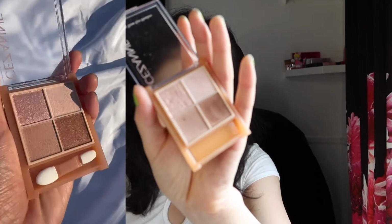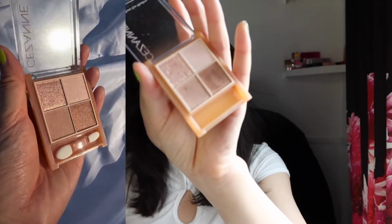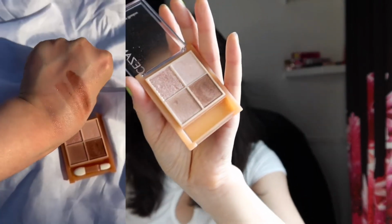So anyway, I'm just gonna prime my eyes really quickly, and then hopefully these shades will actually show up on my lids. They swatched pretty nicely, like it looks nice and silky, the texture, but I don't know, why do I have a feeling that it's just gonna barely...